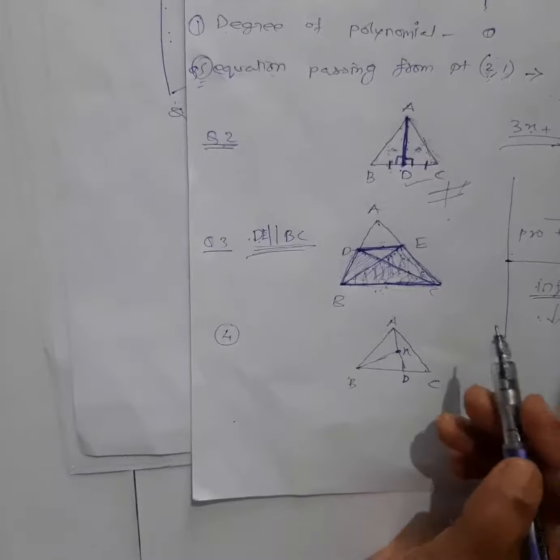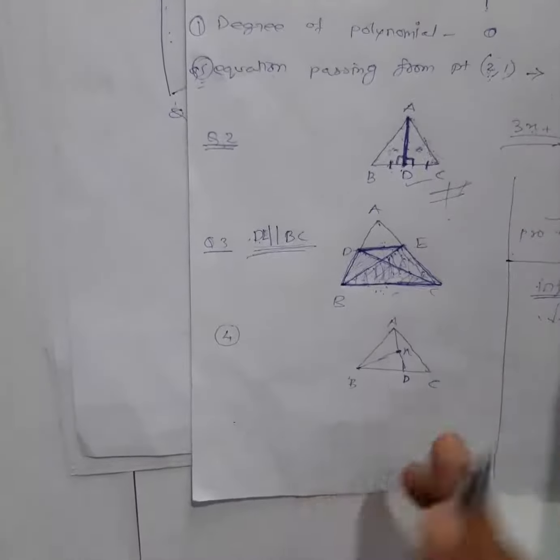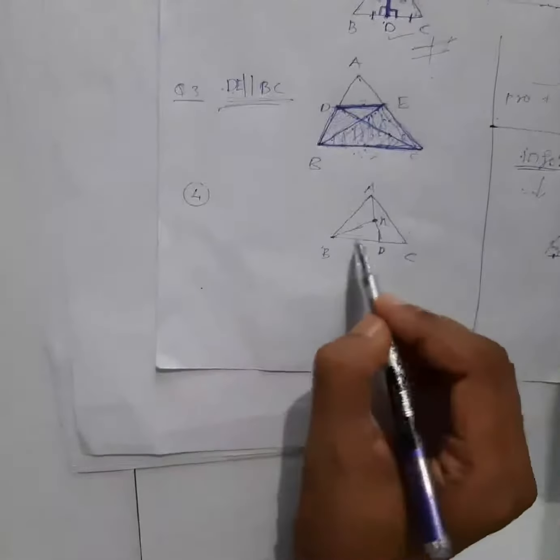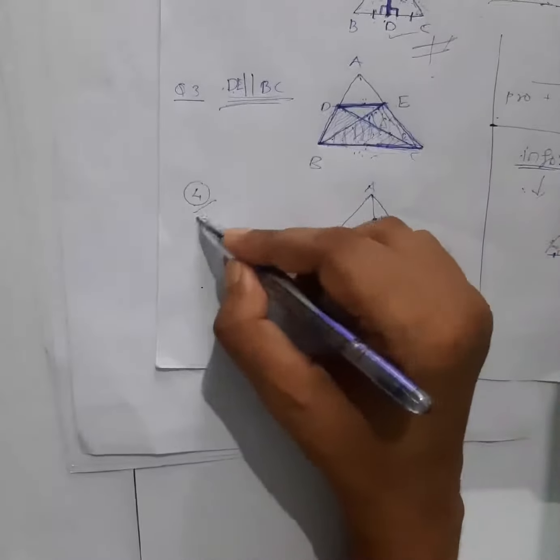So you just see that theorem well and try to understand the property from there. Okay, then only you can easily solve the problem. Next was question number 4. It was mentioned that, very simple, this is also only for 2 marks.